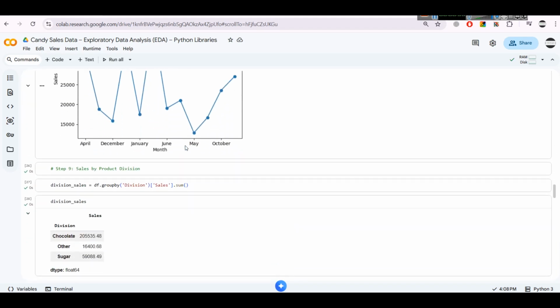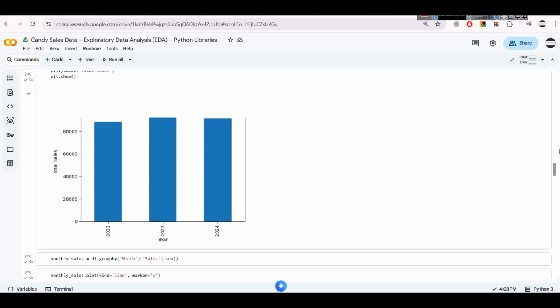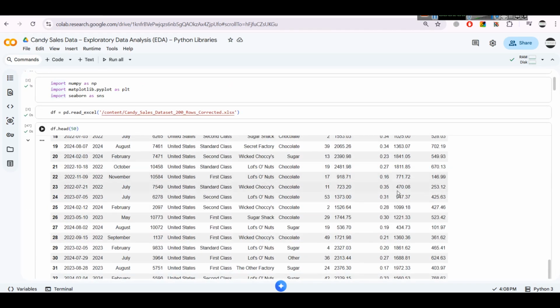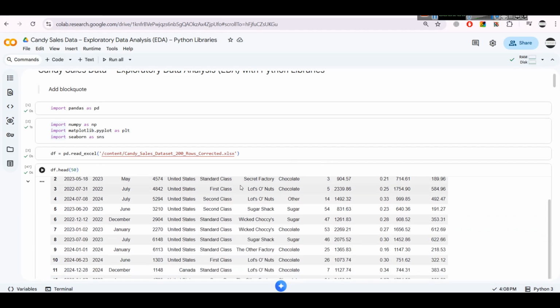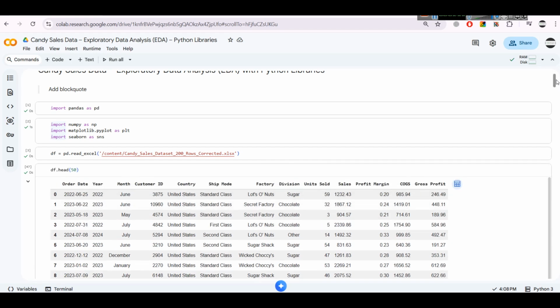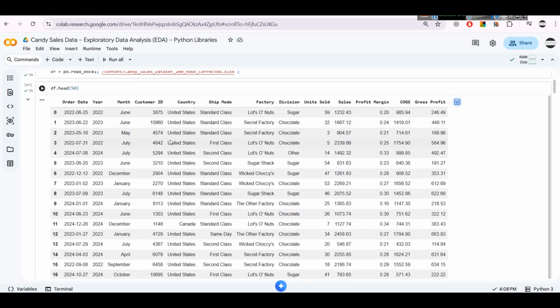Dataset Introduction. The dataset used in this project is candy_sales_dataset_200_rows_corrected.xlsx. This dataset represents sales transactions of a candy manufacturing and distribution business over 3 different years. Each row corresponds to an individual sales order placed by a customer, and the dataset captures important operational, financial, and